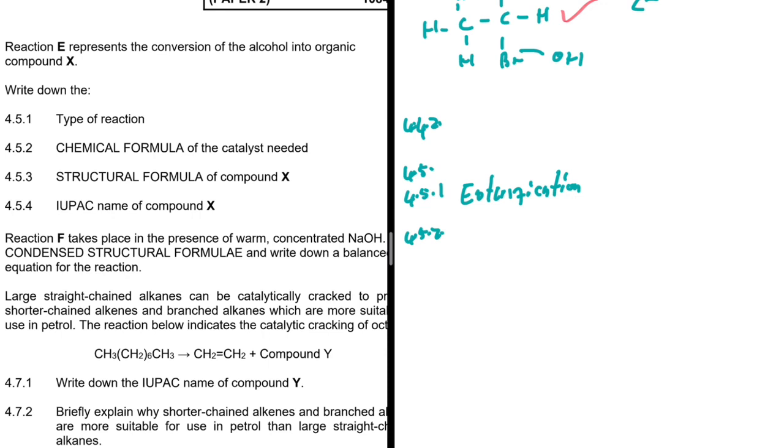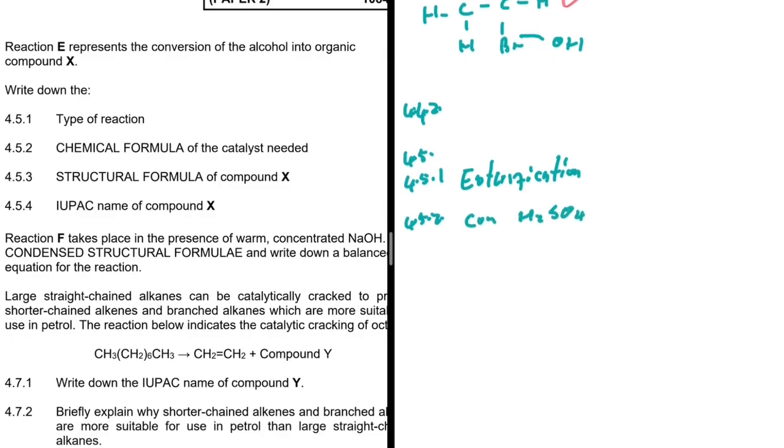Chemical formula of the catalyst used. We know what suitable catalyst we need in esterification. We need concentrated H2SO4. That's what we use in our esterification reactions. And then